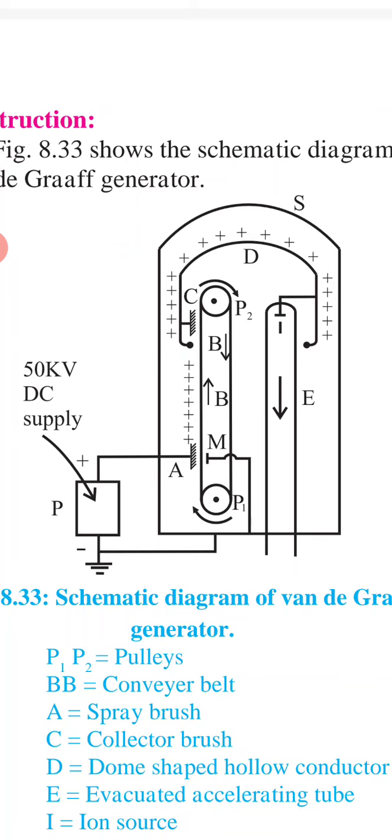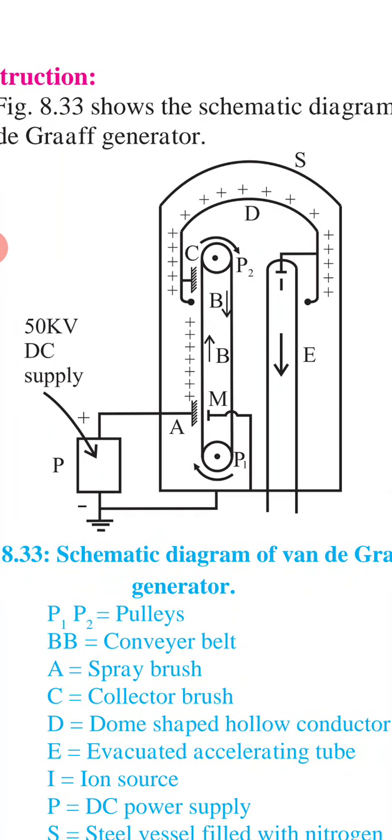The positive ions such as protons or deuterons from a small vessel containing ionized hydrogen or deuterium are then introduced in the upper part of the evacuated accelerator tube. These ions, repelled by the electrode I, are accelerated in the downward direction. Due to the very high fall of potential along the tube, these ions acquire a very high energy, and these high energy charged particles are then directed so as to strike the desired target. In this way, following the downward arrow, these high energy particles strike the target.